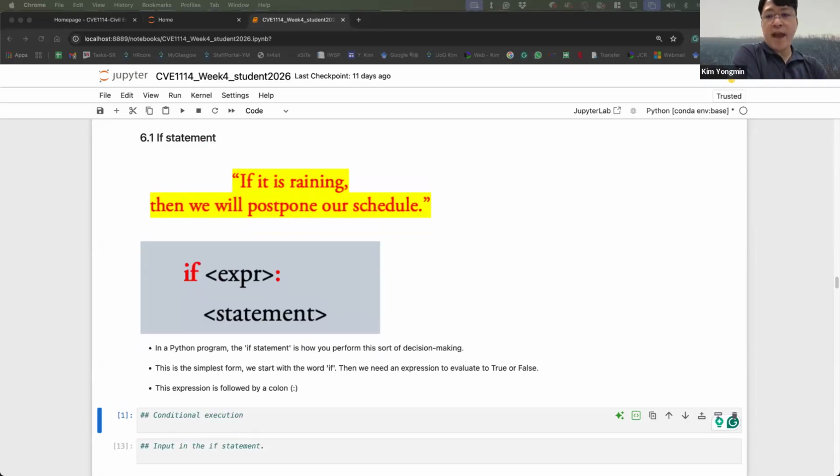Everything you have done so far consists of sequential execution. You write your code and Python reads the code line by line. The statements always run one after the other in the order we specified.